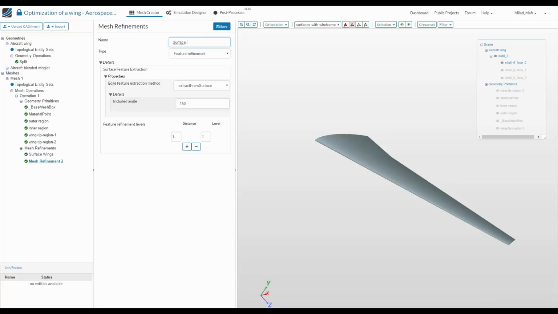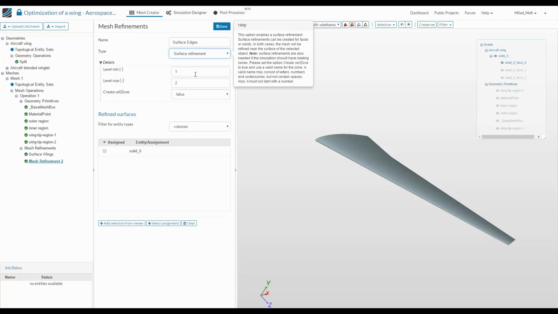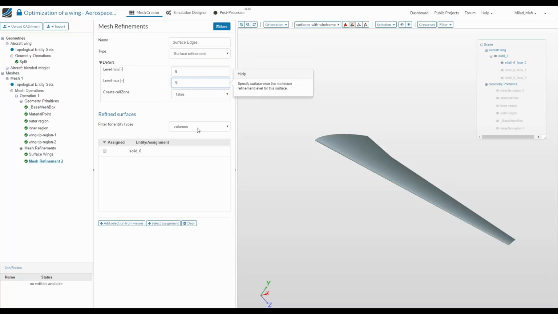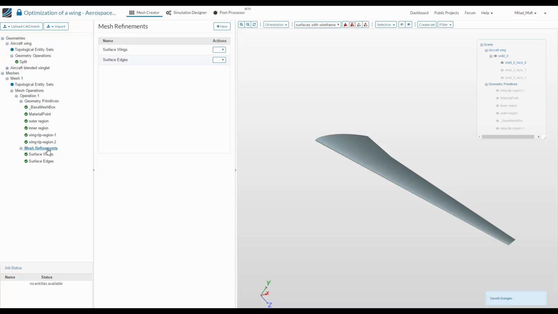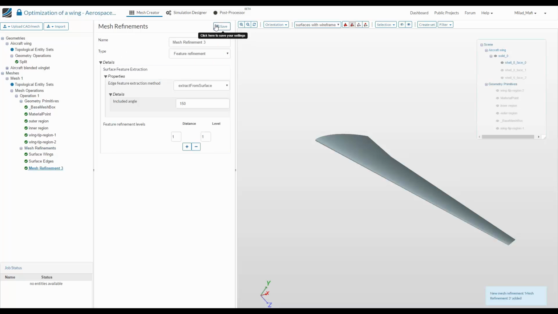Let's call it surface edges. Here we want to have a uniform mesh size of 9, which is several times finer, and we will only apply it on this small leading edge face of the wing. Great, then the only thing which is missing is we need